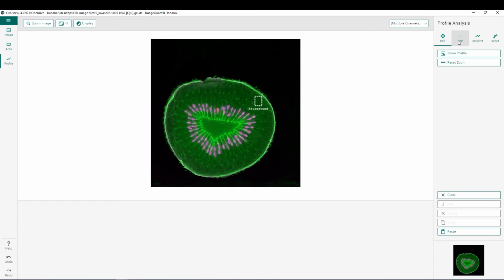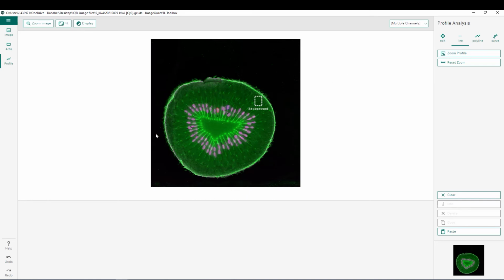You can do a straight line, which is most commonly done. You can create a polyline, which has multiple angles. It's generated by the user when you generate the line. And then finally, we can do some sort of curve, and I'll show where that's appropriate in an image like this. First, if you want to create a straight line, what we can do is simply choose that option and